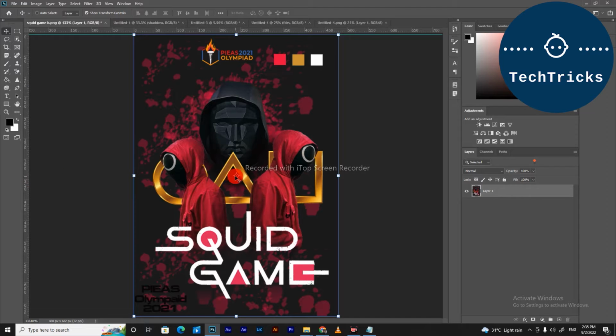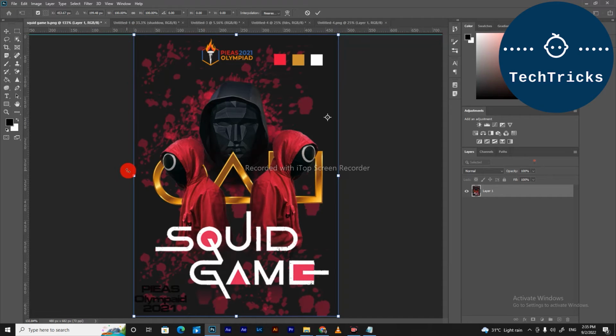So first of all, what you're going to do is click on the layer that you want to select. Let's say there is only one layer, so I'm going to select that one. Then you're going to put this anchor to the side, or wherever you want the angle of rotation to be. Now when I go to the side and rotate this picture,